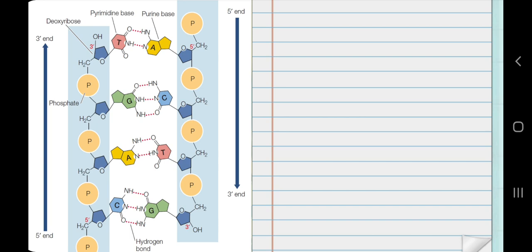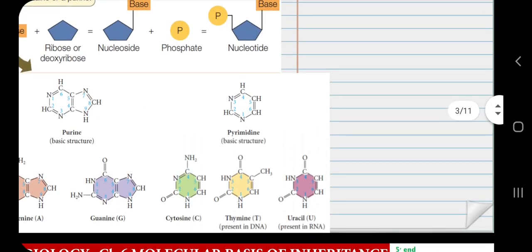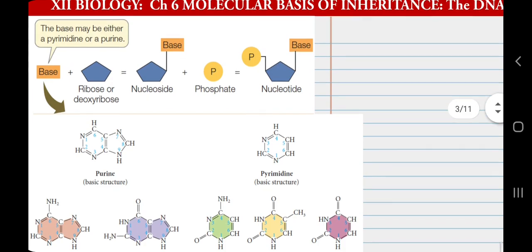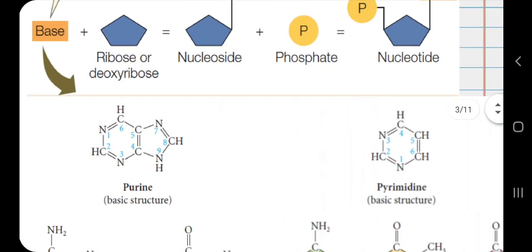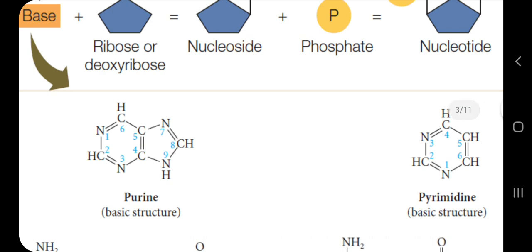But one thing you must notice here is the polarity of the ends. You can notice the 5 and 3, so here you can see the 5 dash and 3 dash structure. I think you have learned this in your class 11th course also, but let me explain again. This is very crucial in DNA and RNA. When you notice purines and pyrimidines or nitrogen bases, you can see the numbering for IUPAC nomenclature in any organic molecule. So here you can notice carbon number 5, carbon number 4, carbon number 2, and so on.